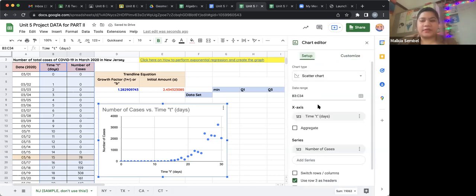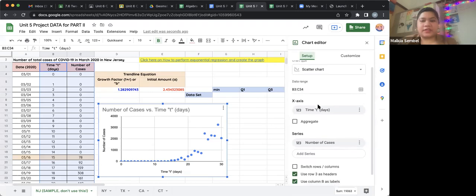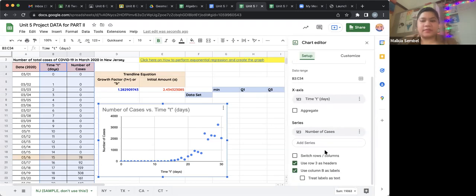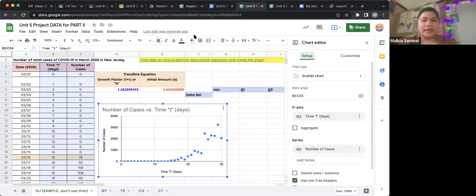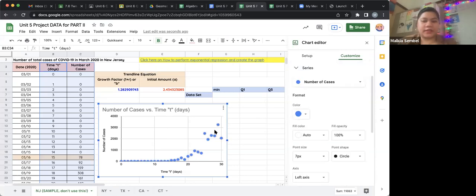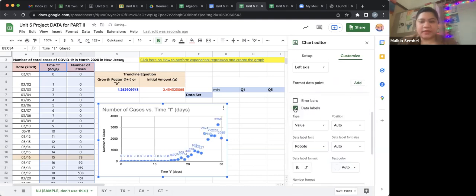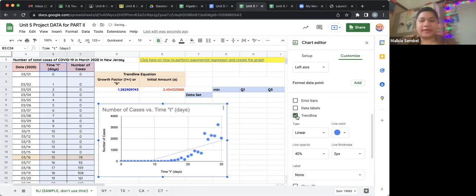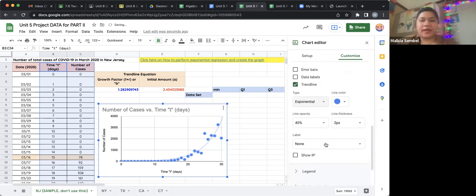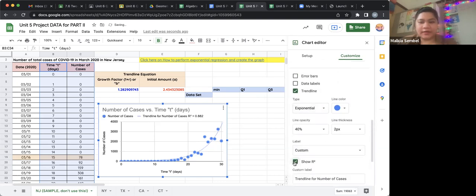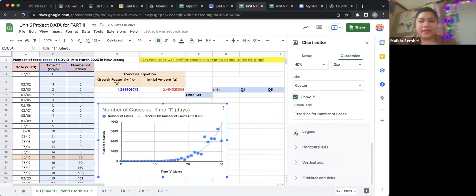Now, in the setup, after you click scatter chart, you want to figure out what's the best fit line, right? In order to do that, you can click on the chart itself, the scatter plot, or you can click customize. You go down, scroll down to where it says data labels. You don't have to do that, or trend line. Now, is this linear? Think about it. No, right? So you want to change it to exponential. Okay. And click show R square. You know what R square is, right? And if you go to legend,